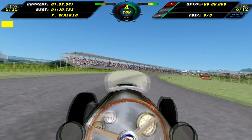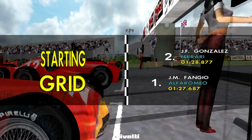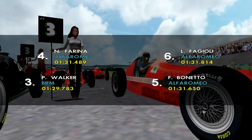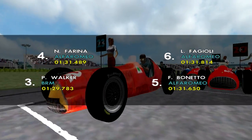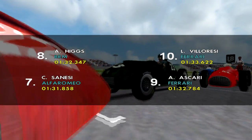This is probably the fastest I can be, and here we are at the start of the race for the grid walk in just a few seconds. And here we go. So let's see what the lineup is. We have Fangio on pole, Gonzalez on second, Peter Walker third, Nino Farina is fourth, Felice Bonetto is rounding up the top 5. Then we have Luigi Fagioli in 6th, Johnny Consalvo Sanisi in 7th, our guy Andy Higgs is